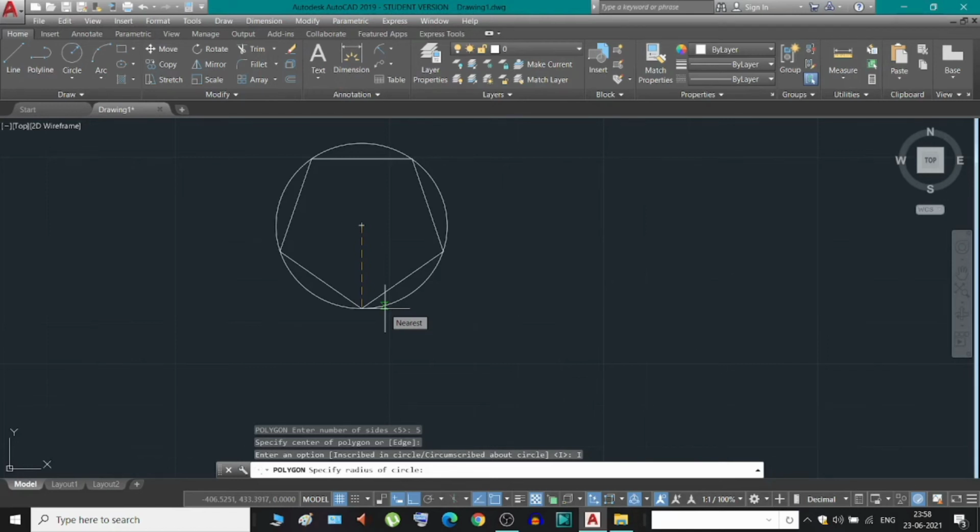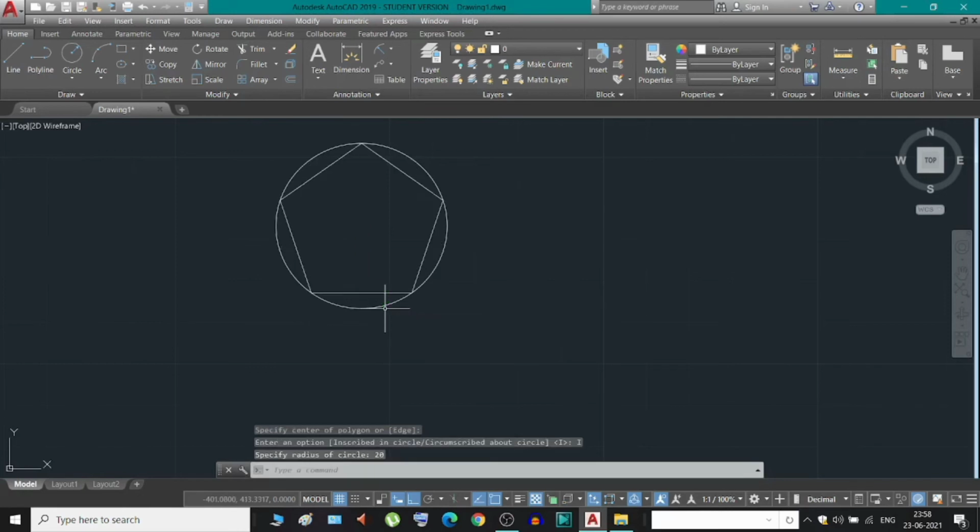So it was 20, so I will write down 20 and press enter. So the polygon is now inscribed into the circle.